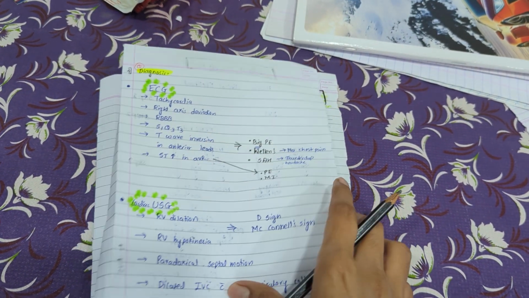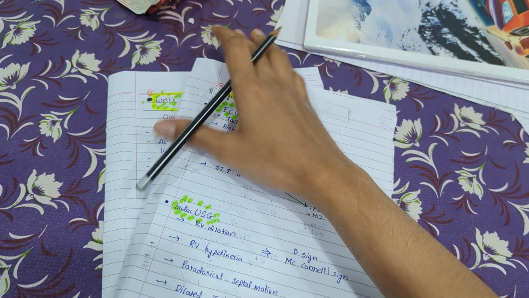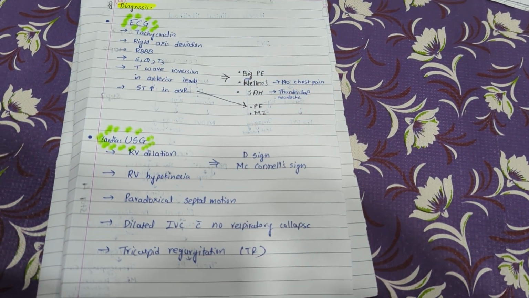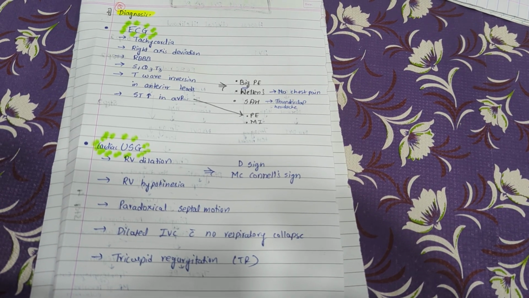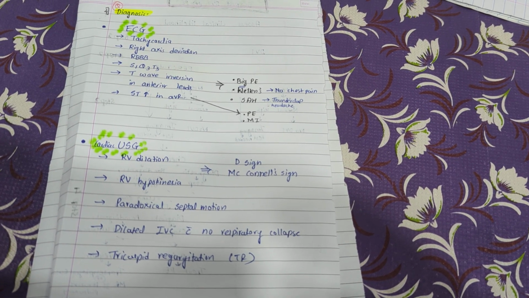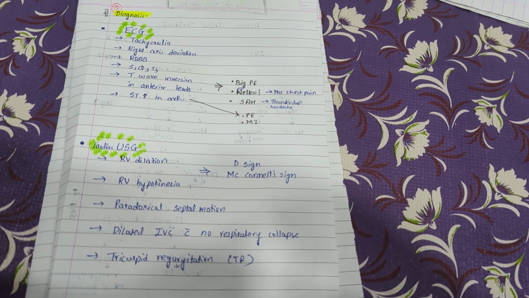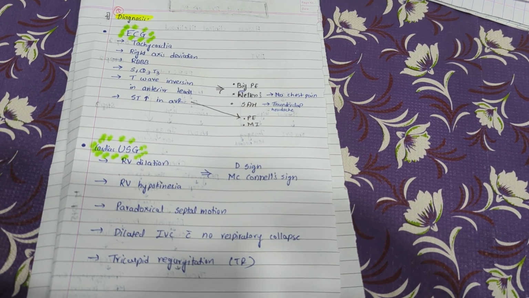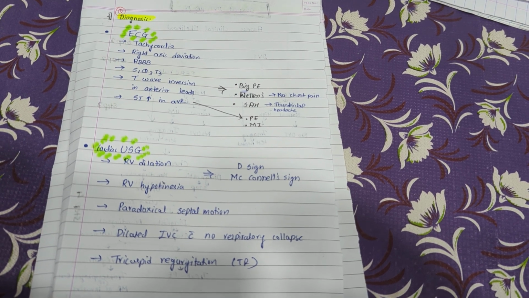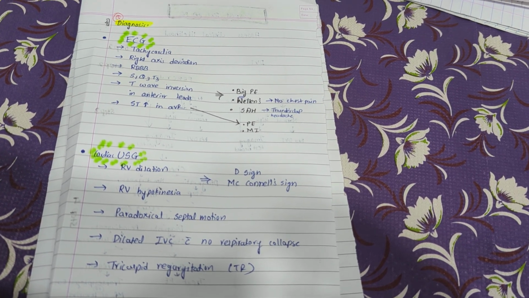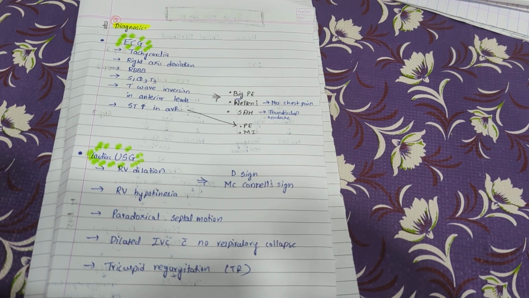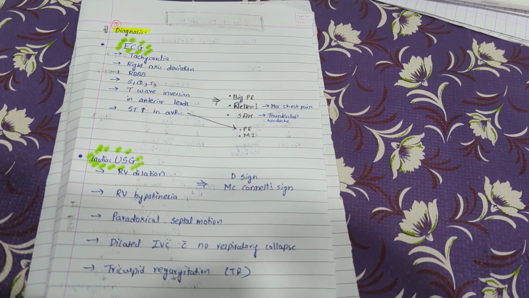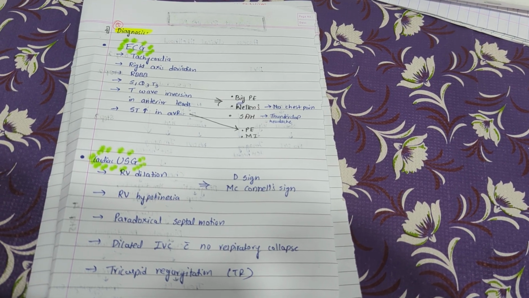Coming to diagnosis. Now, as we have seen the clinical features of pulmonary embolism, we also need to diagnose it. One is based on ECG. On ECG, there might be tachycardia, right axis deviation, right bundle branch block, S1, Q3, T3, which is most famously told, and T-wave inversion in anterior leads. When there is T-wave inversion in anterior leads, you also need to consider other differentials. If there is T-wave inversion in anterior leads, it means it's a big PE.